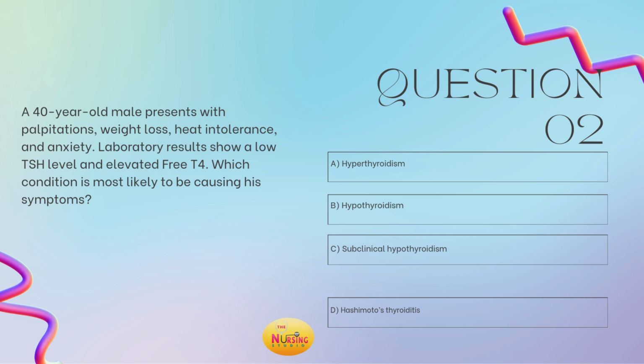May feel anxious because of the heart racing, but also the lab results here are showing and confirming that because the TSH level is low. Remember, the TSH level will present opposite of what the terminology means. So hyper means elevated, right? Means high, whereas this TSH level is low. So your best answer is A, hyperthyroidism.